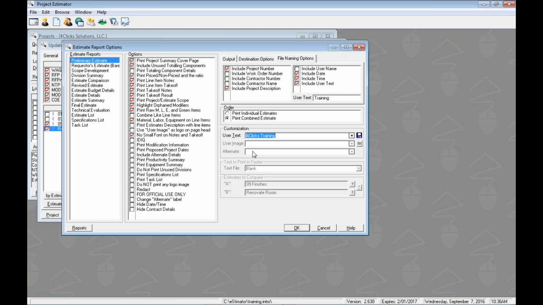And then we have a thing called alternate section. So any line items that have been altered from our pricing guides, we could call it alternates. But maybe you don't like that word, so maybe you would call it custom or something like that. So you can turn on the option to change that alternate label, and you could do that. Okay, and there's several other things that we just won't be able to get to, but this kind of gives